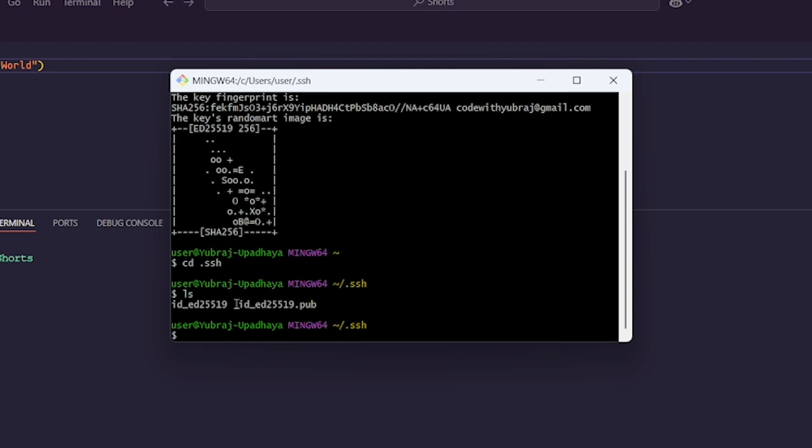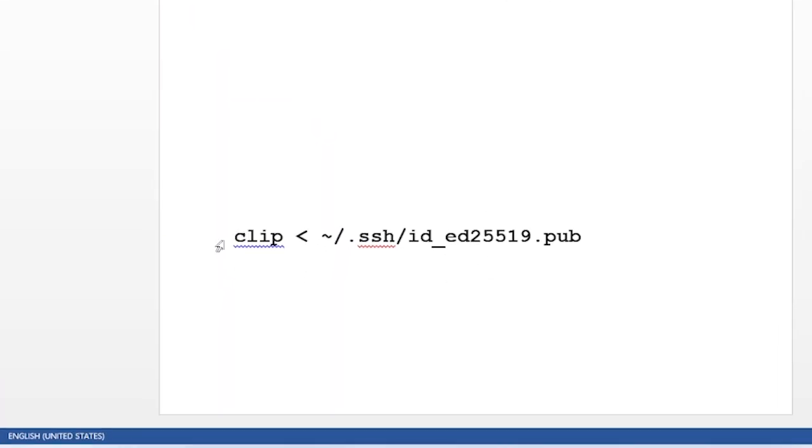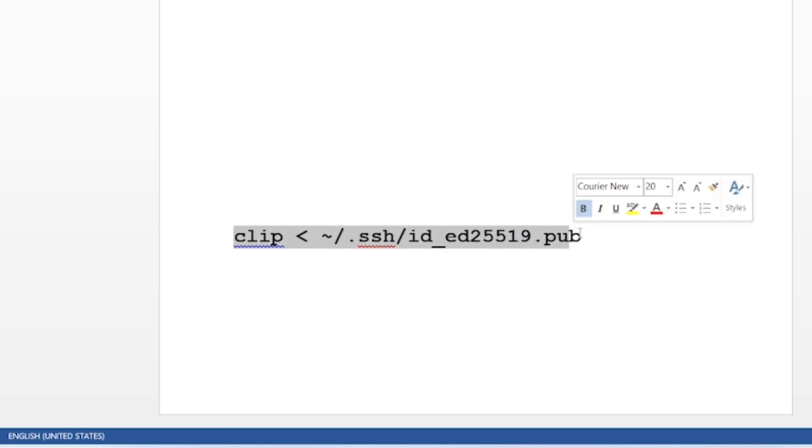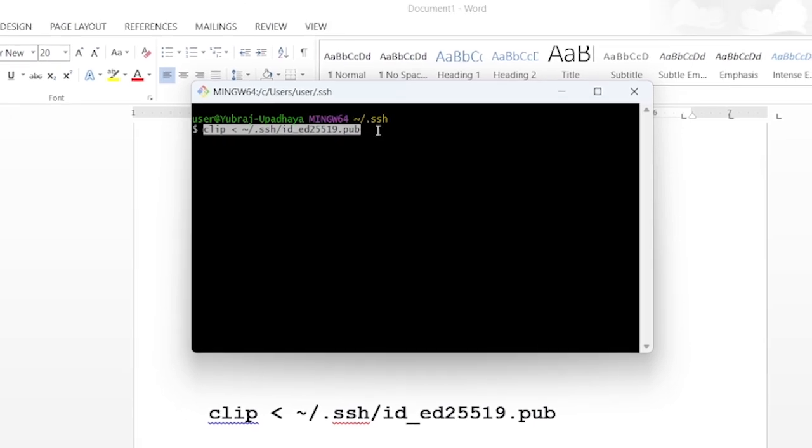Among these two files, we have to just copy the .pub one. There is a command in Windows that you can follow. Just go to this one, and you can see here is already a command. So let me copy this one also, right click your mouse and paste it. This command is going to copy the content of this file into your clipboard. So just enter